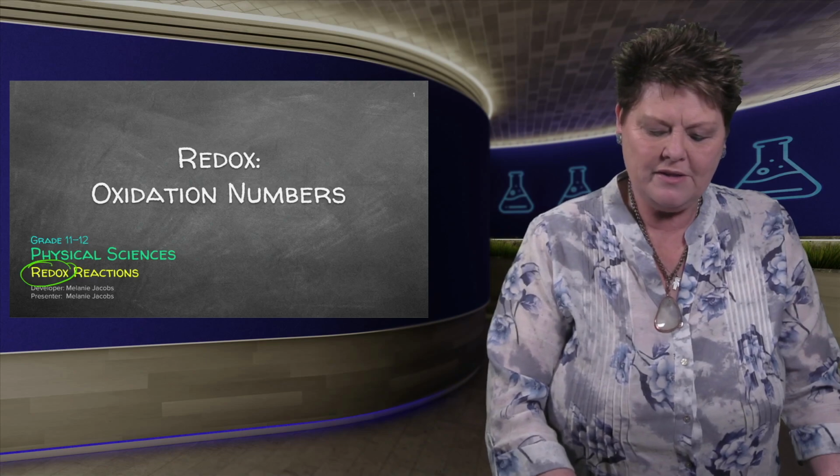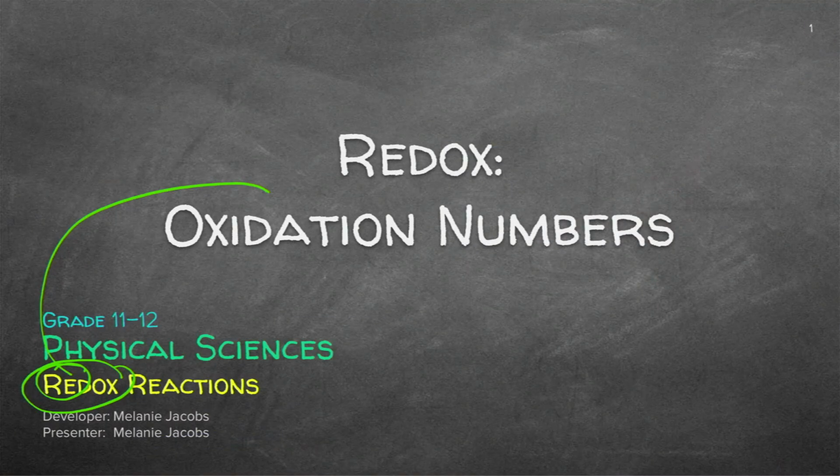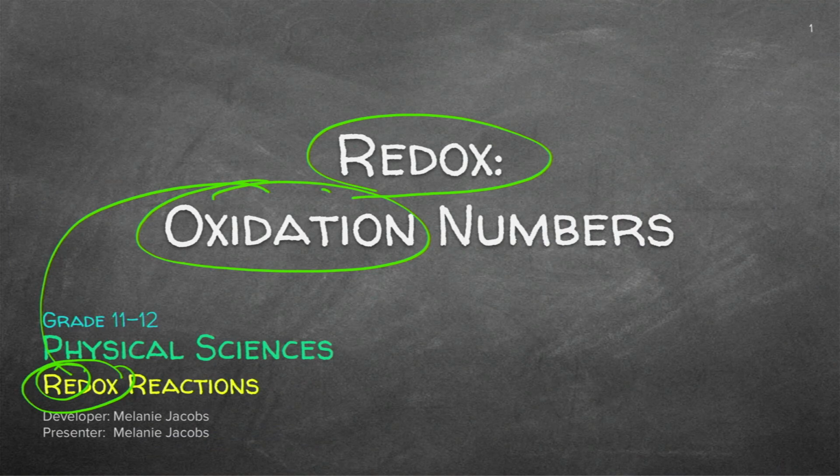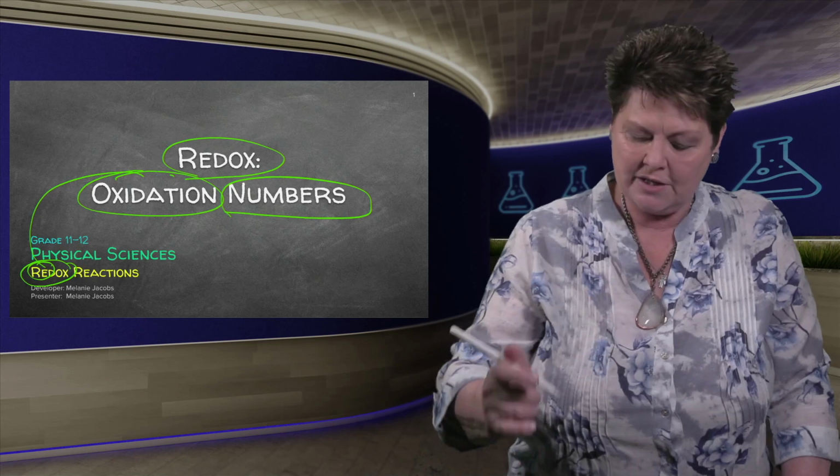Now remember, redox means oxidation and reduction. Today we are going to have a look at the oxidation numbers. This is a new way of looking at which substance will oxidize and which will reduce. It's a defined portion of reduction and oxidation, and it's done by numbers. It's a set way of watching the ions change and seeing which one is reduced and which one is oxidized.